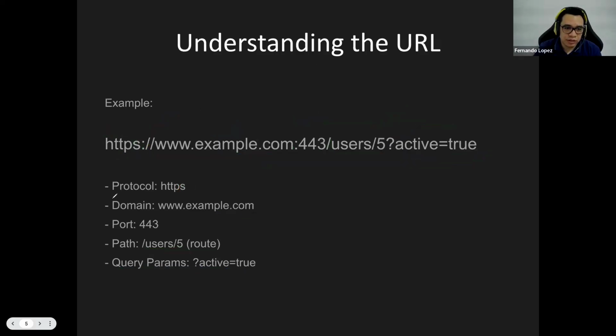Remember, let's recall this. We have the protocol, then we have the domain. Remember, the domain is a mask for the IP of the server. Then we have a port. In this case, the port is optional. If you are deploying something in port 80 or in port 443, that is the port for